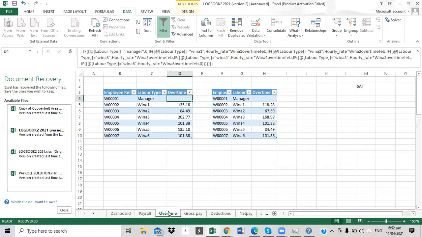Then we come to overtime. Overtime, we choose the IF statement. So we type the IF statement there. We are going to do it for February. For March, you do it on your own after watching this. So you type the formula equals IF, tab, then you click on the manager, equal sign,